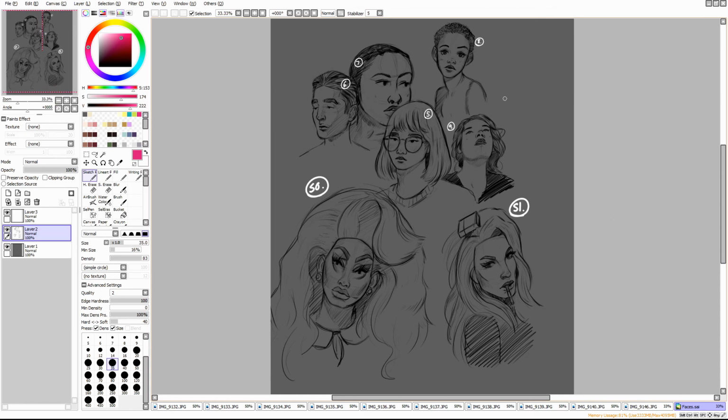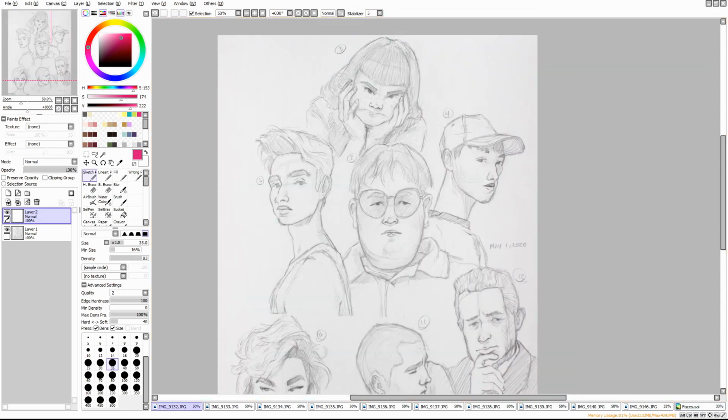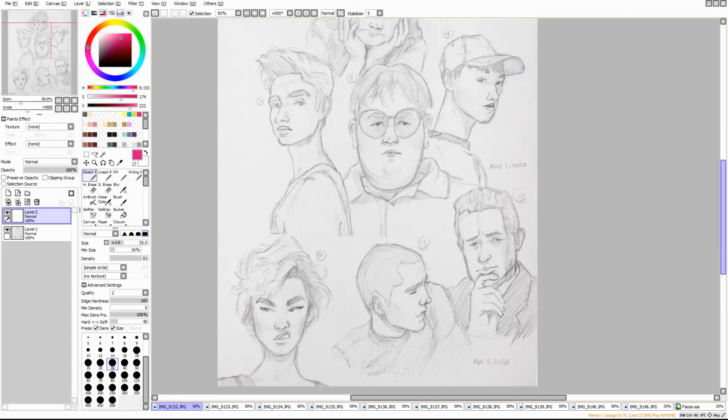And like I said, it's been a while since I first drew these, so I don't really remember too many details about everything. I think it was just pretty much a struggle of trying to capture sort of the likeness of the photos